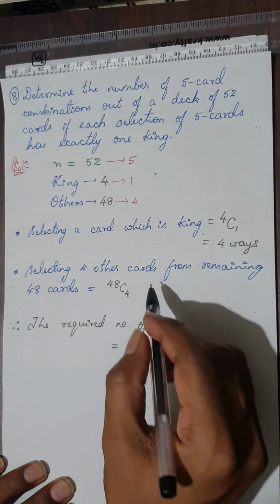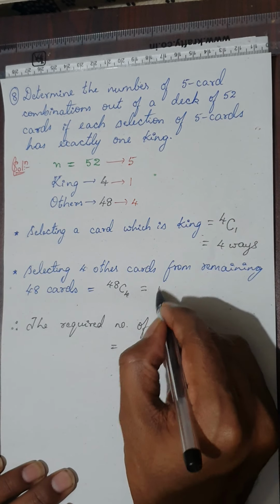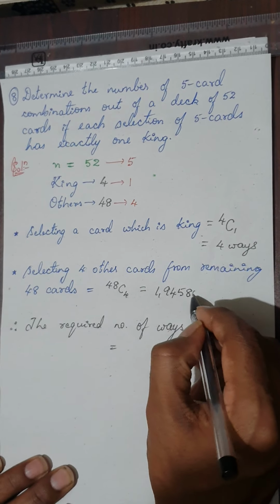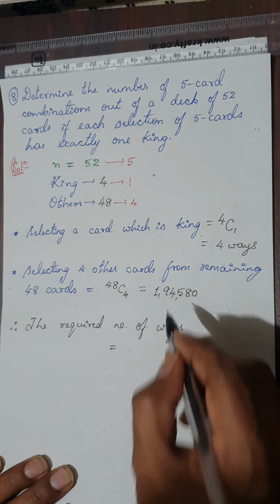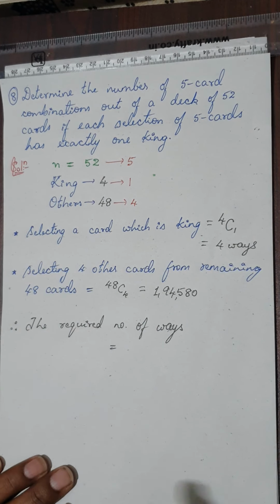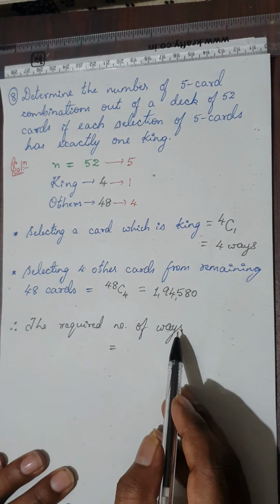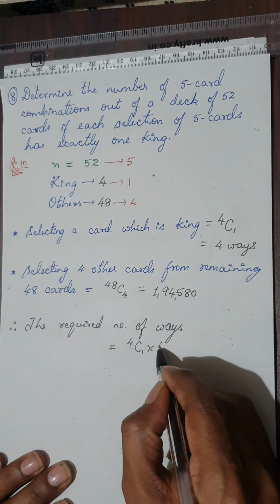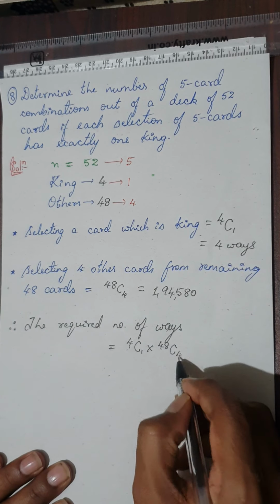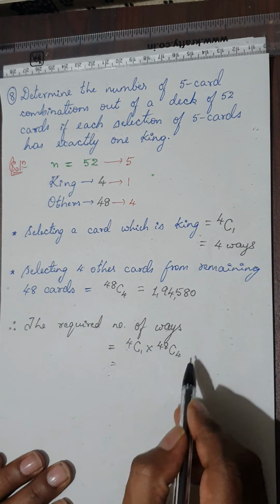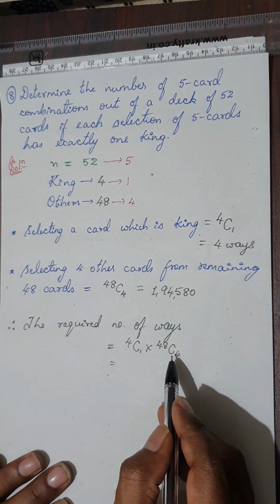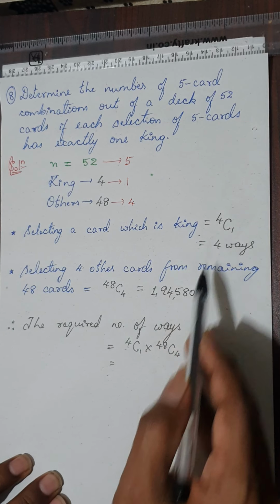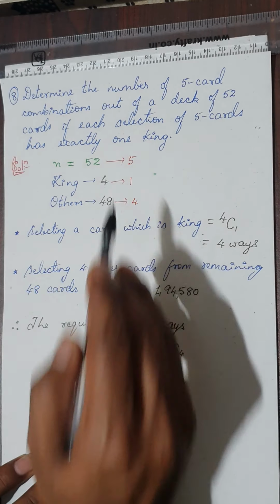Therefore 48C4, the final answer would be 1,94,580. The calculation part I will give you as a homework. You can calculate by yourself. Therefore, the required number of ways is nothing but, as I told you, 4C1 into 48C4. Are you following why it is multiplication? Because I have to select 5 cards, so just selecting this is separate and this is separate. Joining together will give me my required